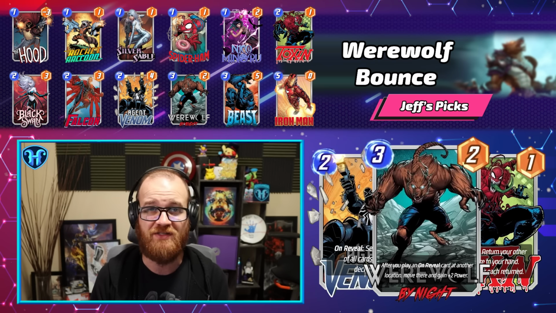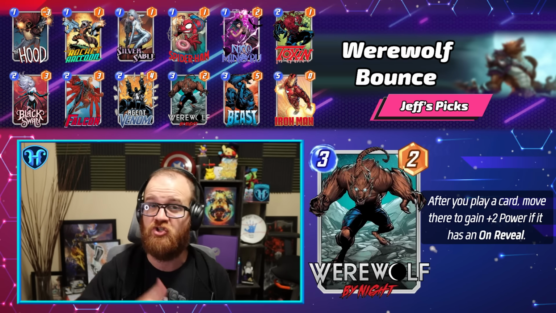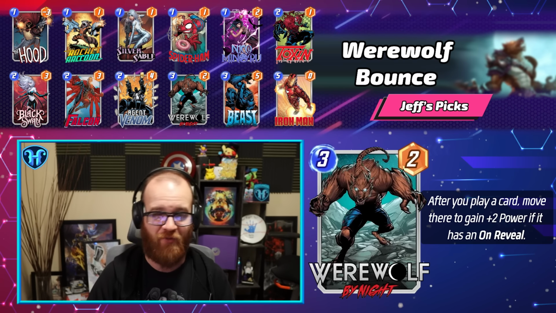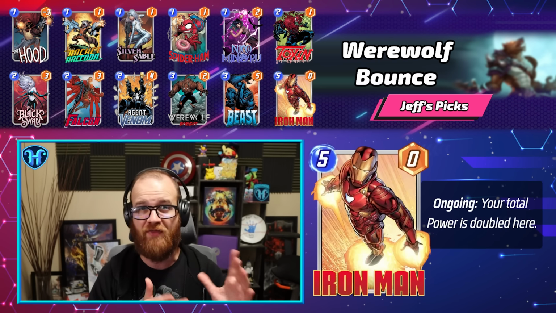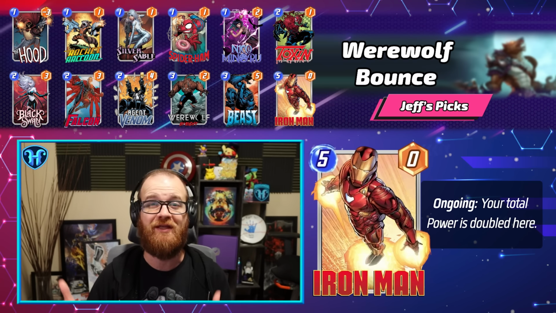The reason for this is twofold. First is that Werewolf by Night will appropriately jump into a Cosmo lane even if the on reveal there gets suppressed, meaning we can still scale that threat even if we're locked out of on reveals in some locations. And Iron Man, obviously stellar with Agent Venom, also doesn't care about the dog and lets us get absolutely massive